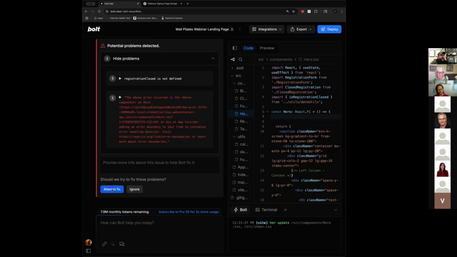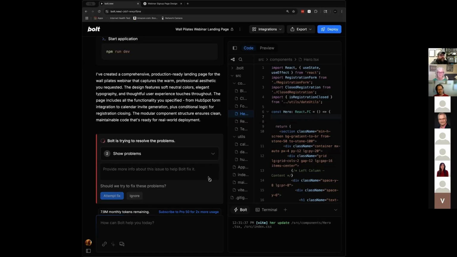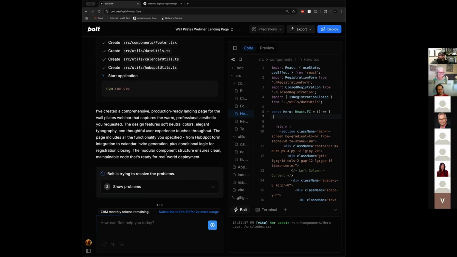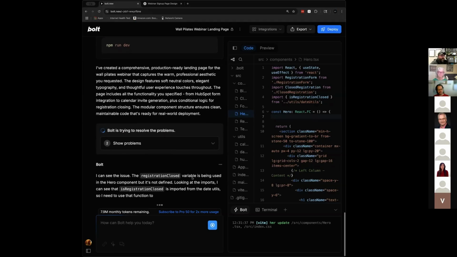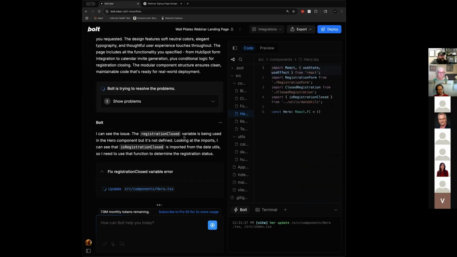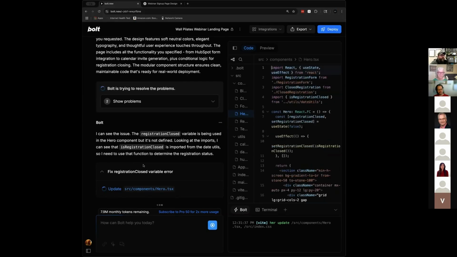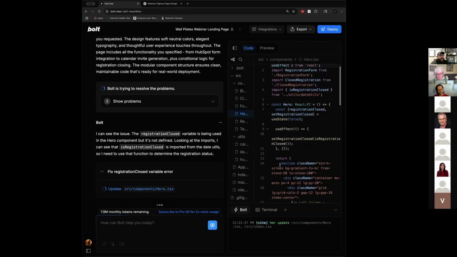You can go here and say attempt the fix, and it will actually go in and try to fix that problem. Now, if it's something as simple as just deleting something, you can just go in and press Command Z. But sometimes you put a tick mark or a bracket or something in the wrong place. But here, look, it says, oh, that stuff's being used. Where did it go? It just put that code right back. I mean, that is fabulous.